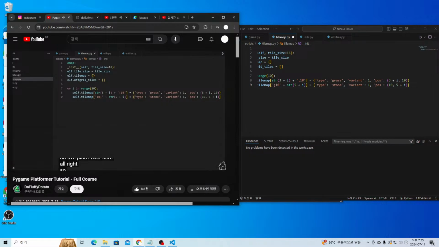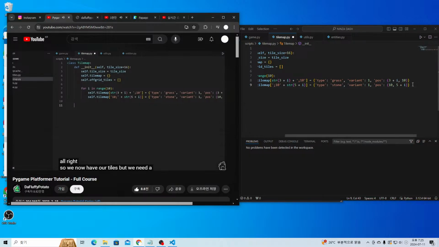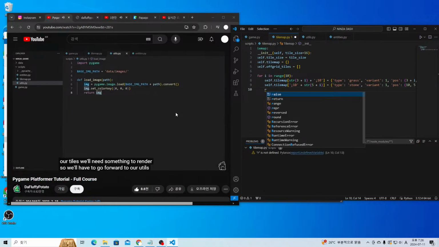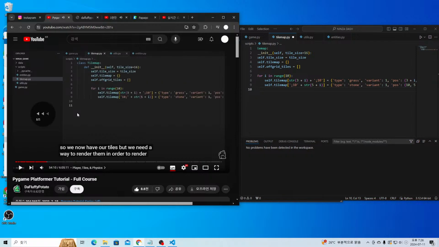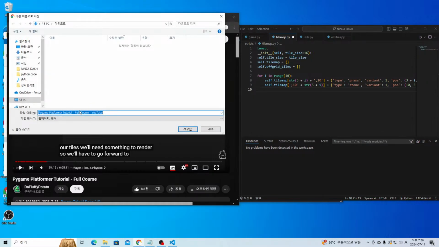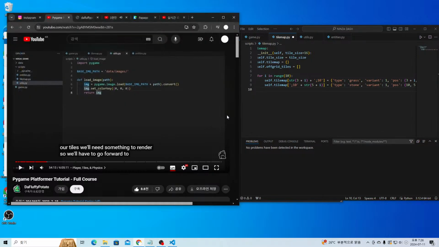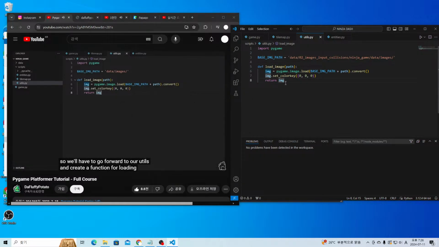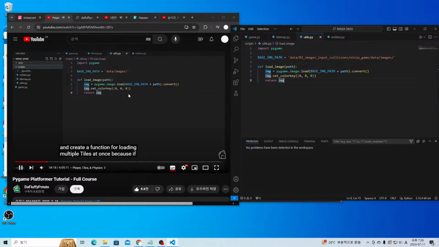Alright, so we now have our tiles, but we need a way to render them. In order to render our tiles, we'll need something to render. So we'll have to go over to our utils and create a function for loading multiple tiles at once, because if you look over here in our data and we go to images,